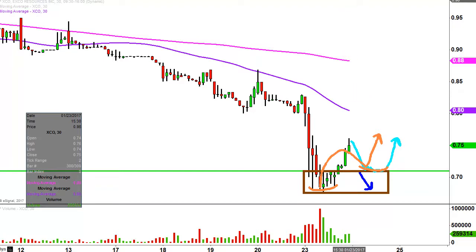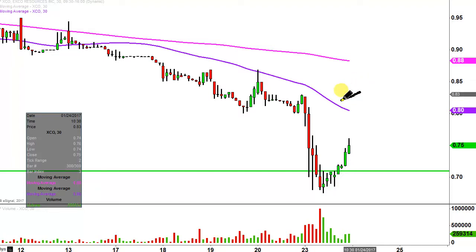So does today's move mean anything? Is there any sort of genuine momentum? Well, let's see if the price can start to build those stair steps, and I'm defining, again, that stair step at 71 cents. In regards to levels of resistance, to me, it's all about the purple line right there, which is the 50-period simple moving average,